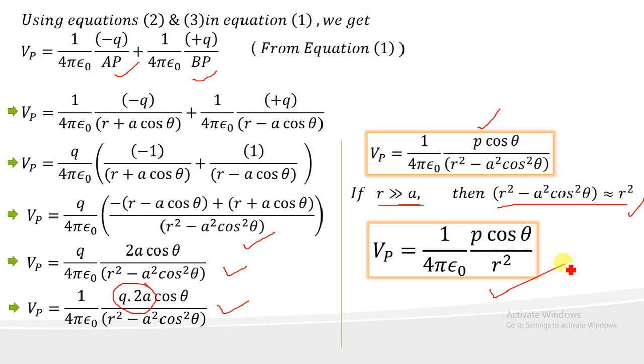In this case, you can substitute theta as 0 degrees, cos 0 degrees is equal to 1. So the result becomes 1 by 4 pi epsilon naught P by r square, and this is the result of case 1 at an axial point. Suppose we want to obtain electric potential at an equatorial point, then theta is substituted as 90 degrees, cos 90 degrees is 0, so V is equal to 0. So this is all about this part of the video. We will continue with more topics and more problems in the next video, part 4. Thanks for watching.